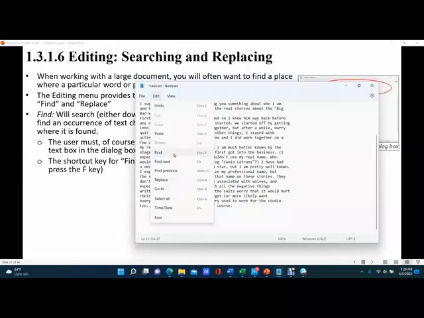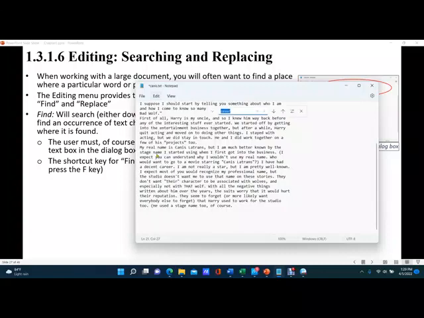Notice the key combination is Control F. Clicking on Find or Control F opens a window where I can enter a word or phrase